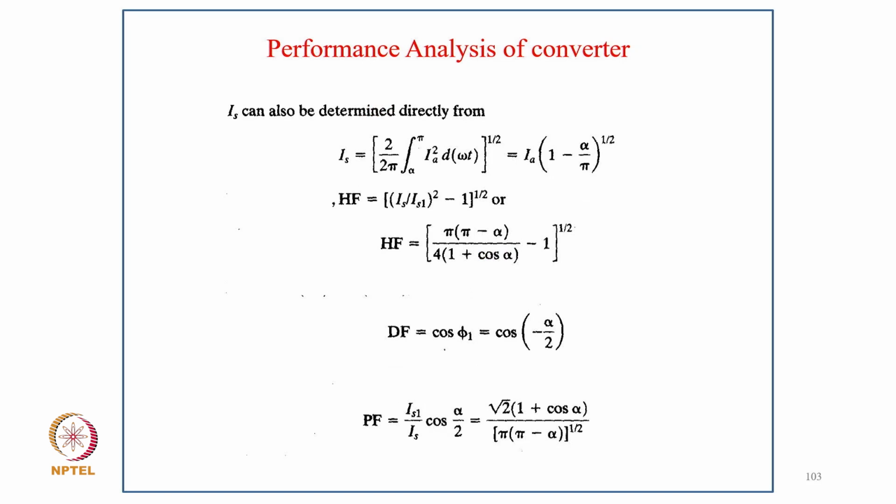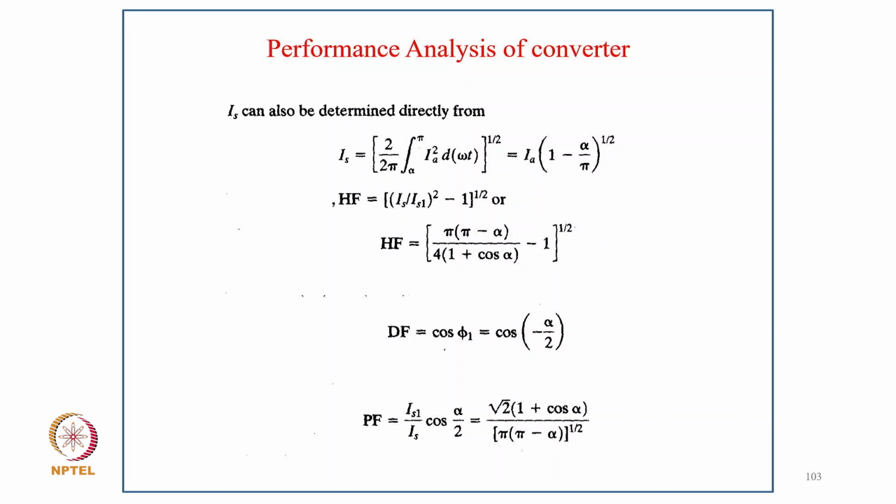IS equal to (2 upon 2 pi alpha 2 pi IA T2 square) to power half, or equal to IA (1 minus alpha by pi) to power half, and a harmonic factor as (IS upon IS1 squared minus 1) to power half, or I have factor (pi into pi minus alpha divided by 4 (1 plus cos alpha) minus 1) to power half, and DF displacement factor cos phi 1